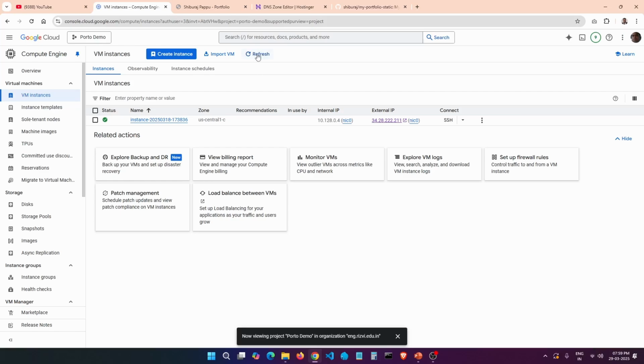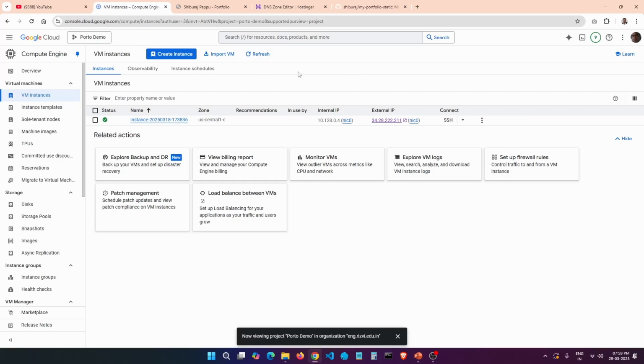Or else if you are a college engineering student, then you can request your teacher to apply to Google Cloud for educational grants, where each student gets around $50 credits to use the cloud. So in any case, you need to have any one of these two things to do this